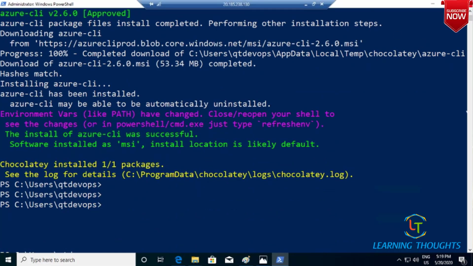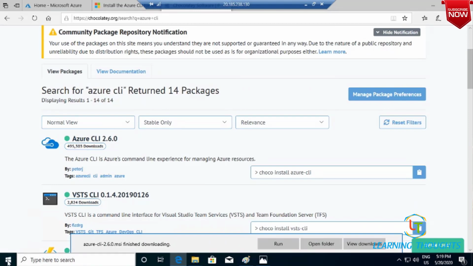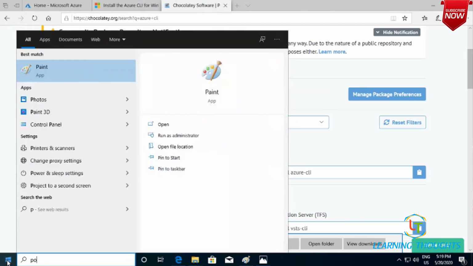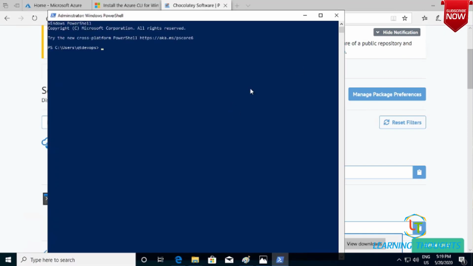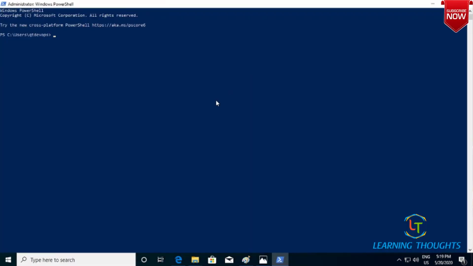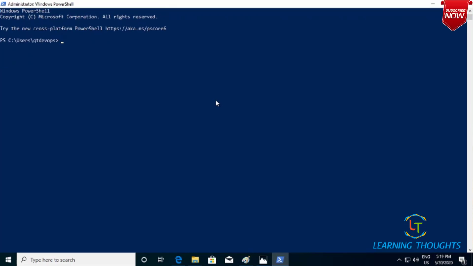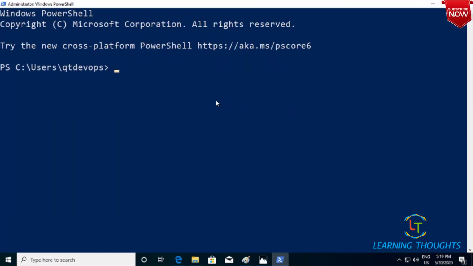Now close this PowerShell, relaunch PowerShell, and now let us execute this command, az --version.